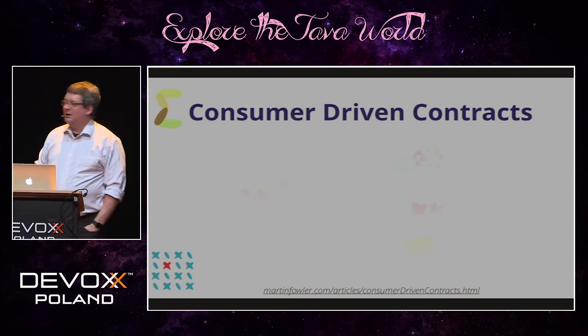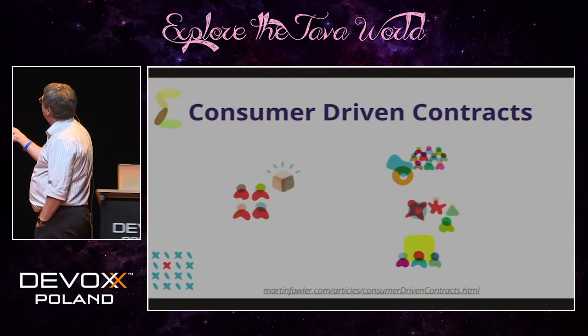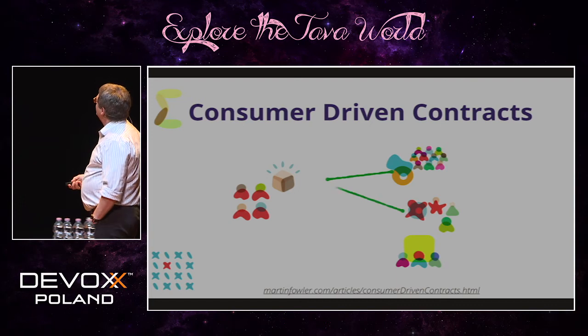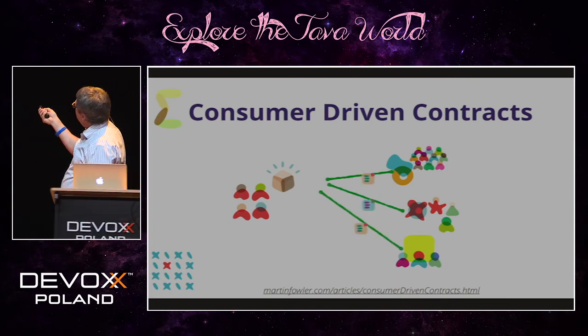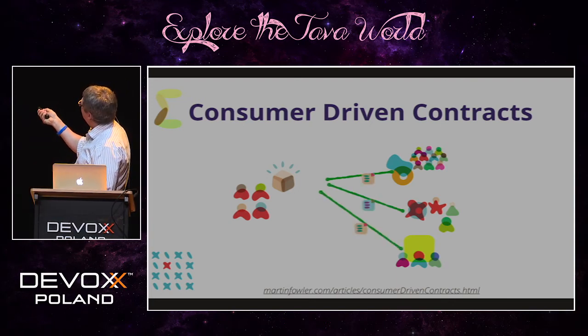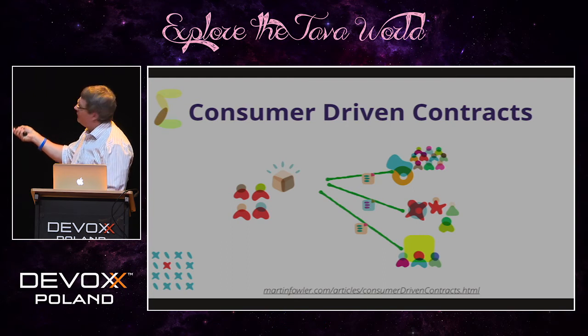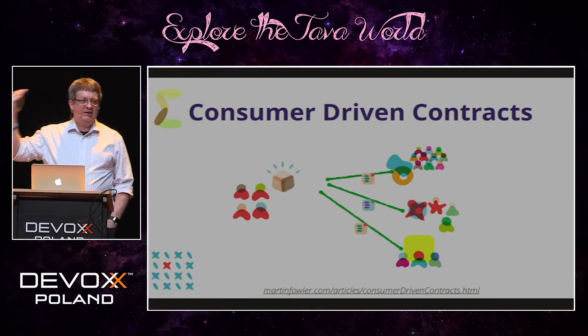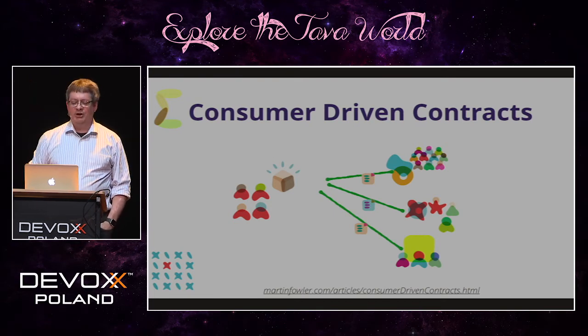So the idea is the team on the left is providing some information to all three of the teams on the right. What a consumer-driven contract says is these teams put together a set of tests that encapsulate what they need from this team, and hand those tests over here. This team now promises, I will run those tests and keep them green always, because those tests now encapsulate what they need from an integration point.